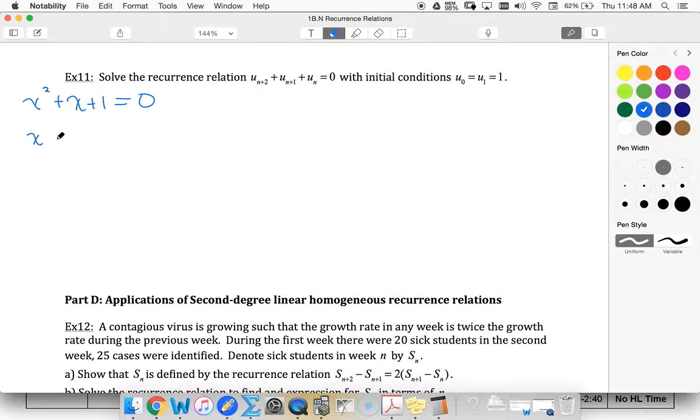So my x values are going to be -1/2 plus minus the square root of 1 minus 4, which is going to be -3, over 2. So of course this is going to be -1/2 plus minus √3/2 i. All right, so I've got my imaginary roots. I can express them this way, or if we remember back to our cis notation, that means that I'm going to write it as my